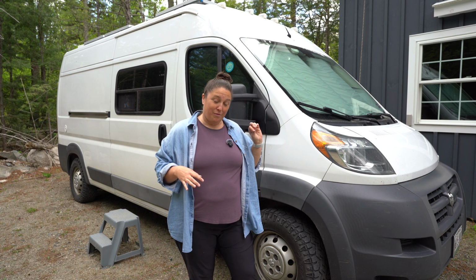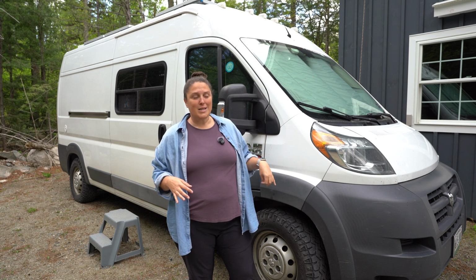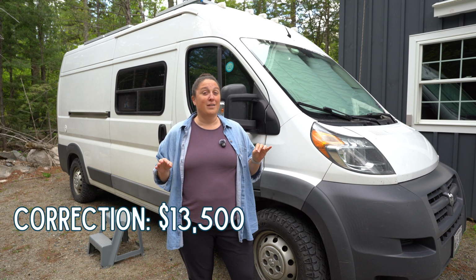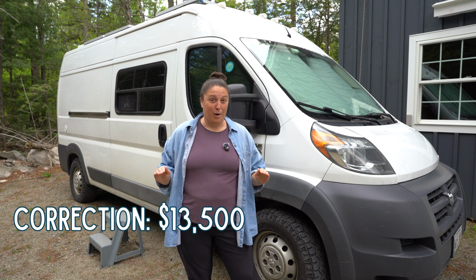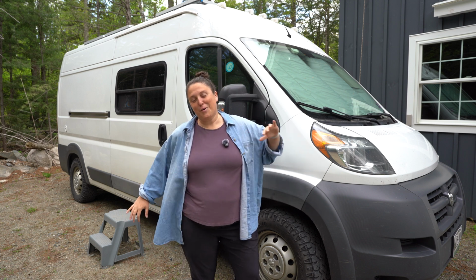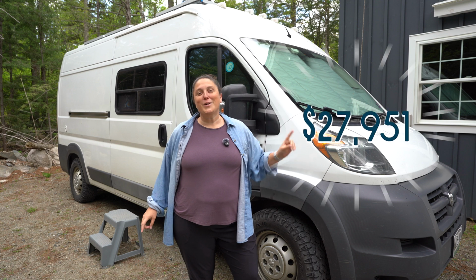And lastly, we bought the van itself for only $9,500 because it didn't have a working transmission. So we had to put a $4,000 transmission into it. That brought our total van cost to only $13,500. So that is why we are able to keep our budget so low. With all of that said, the total cost of our 2017 Promaster van build was